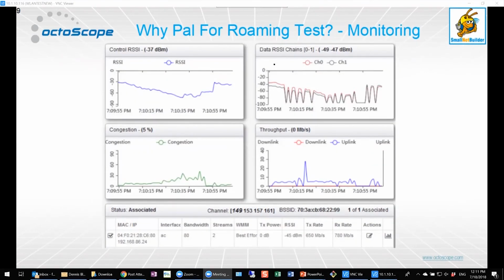The other thing that's great about PAL is you can see what's going on. It gives you visibility into the roam. You can see not only the control RSSI, but you can also look at the data RSSI in each of the chains. You can look at congestion, and I love congestion. I mean, this is gold, and especially, again, not so much for roaming, but for capacity testing or anything where you're really trying to figure out